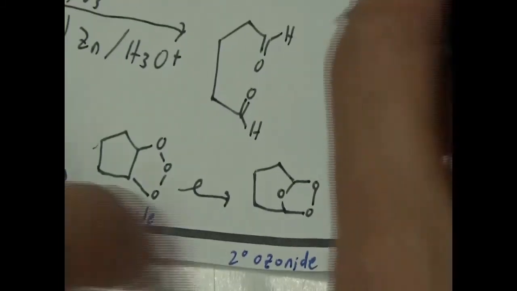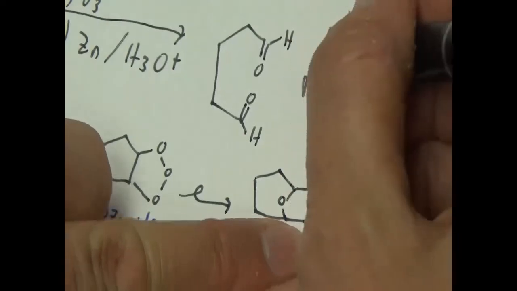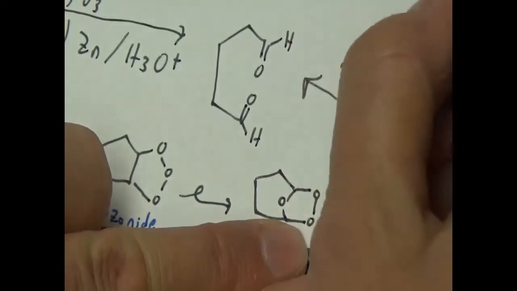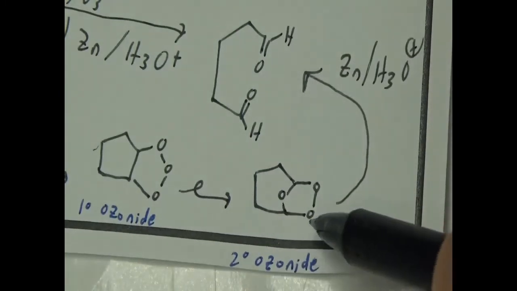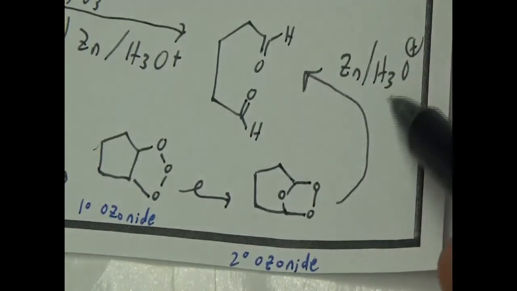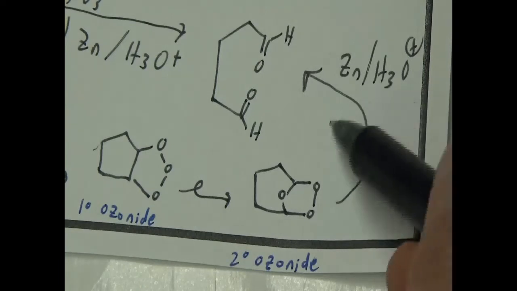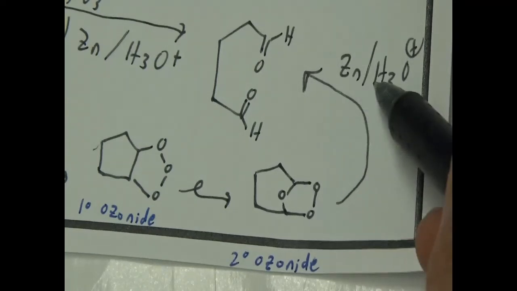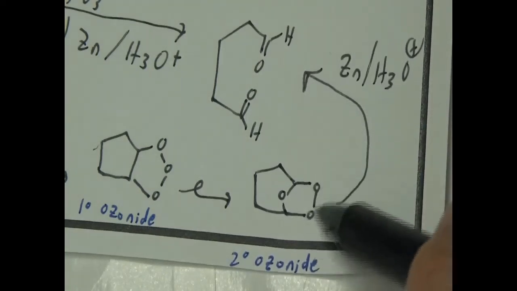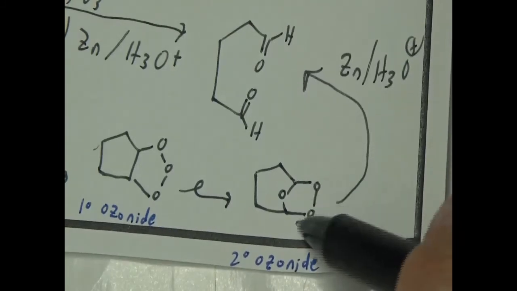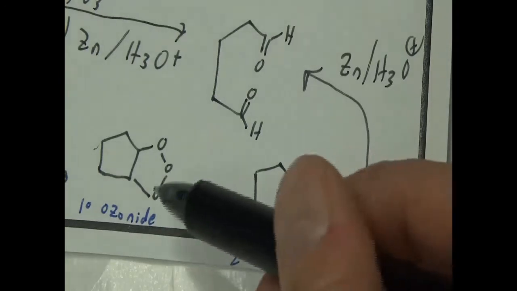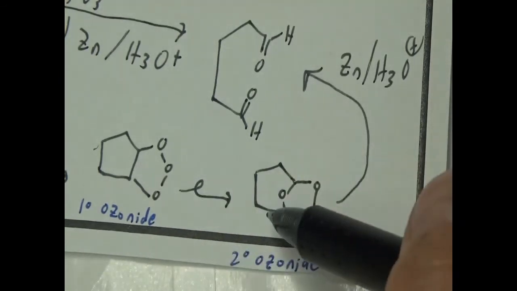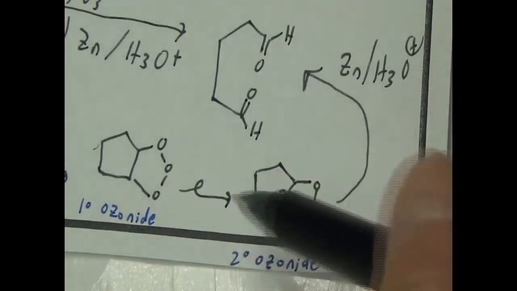Okay, so then the last conversion with zinc and acid kind of breaks down the secondary ozonide and essentially gives you the 2 aldehydes. This will be kind of understandable by the end of this chapter. There's some parts of this that we can learn, right? This is actually doable by the end of this chapter. But you could learn about this if you really want to. It's in the book, I think, maybe the primary to secondary ozonide.